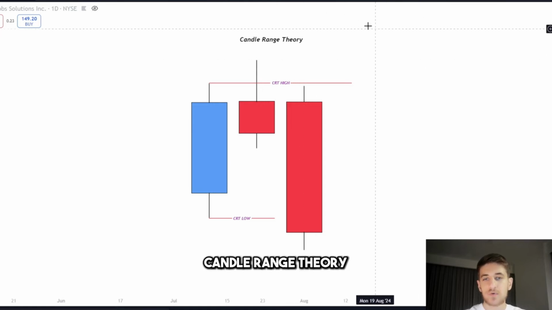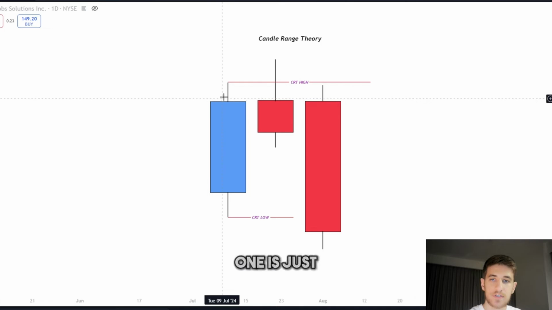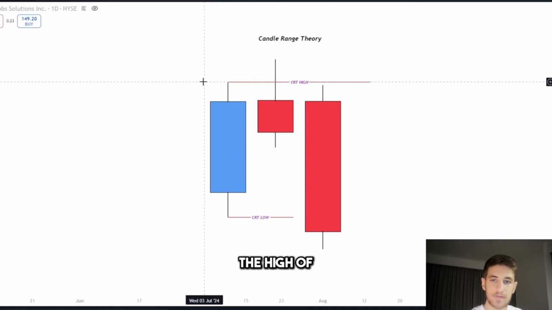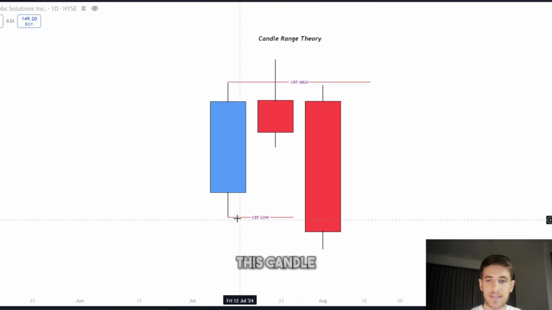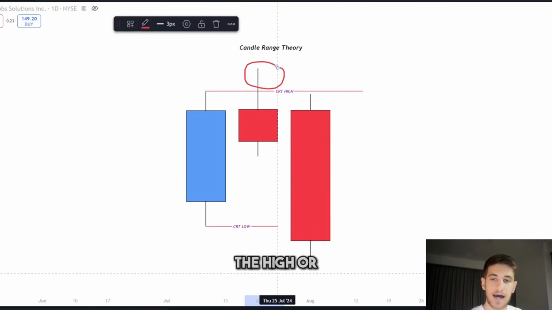So what the candle range theory is, we're going to basically have a sequence of 3 candles, and the first one is just a regular candle with a wick high and a wick low, and this is where our first candle range theory levels come in. So you're going to draw a line at the high of the first candle and also at the low of this candle. Now, all we're looking for is price to come and break above either the high or low of